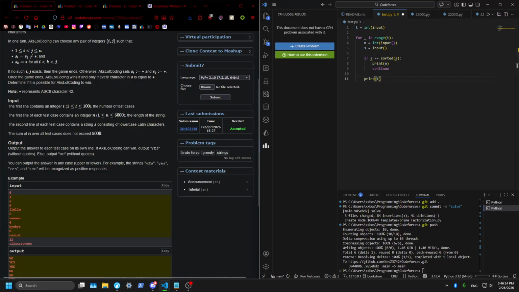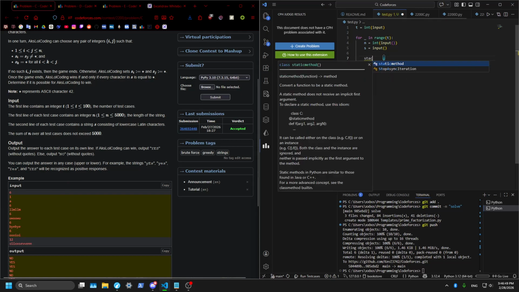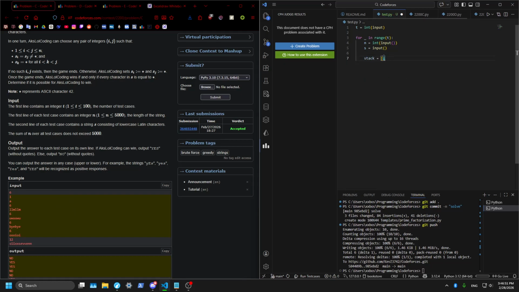So the first thing we need to do is remove all of this. We can define a stack equals an empty array, and then for char in S,